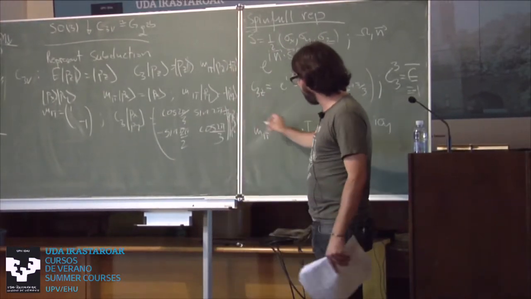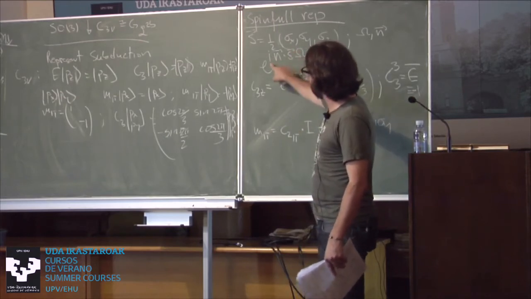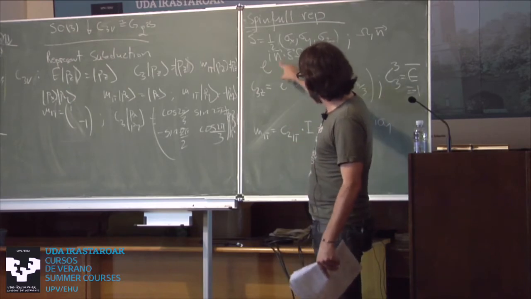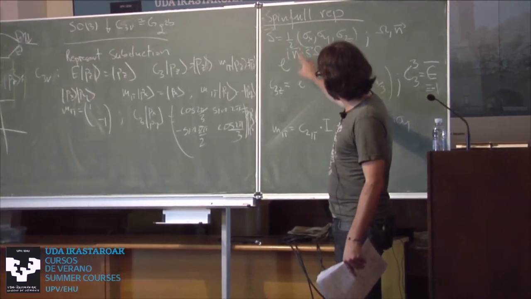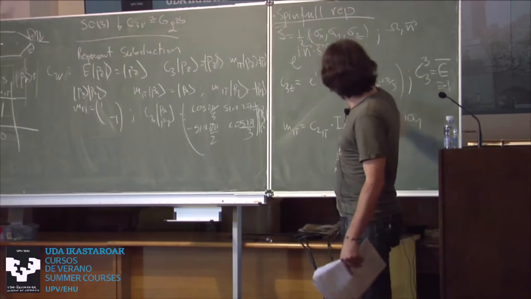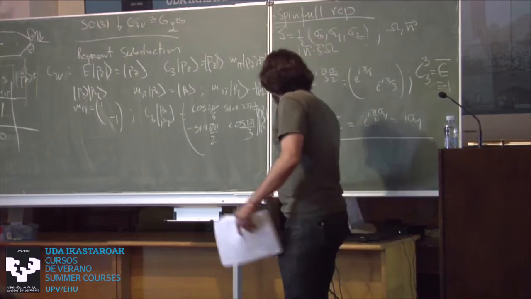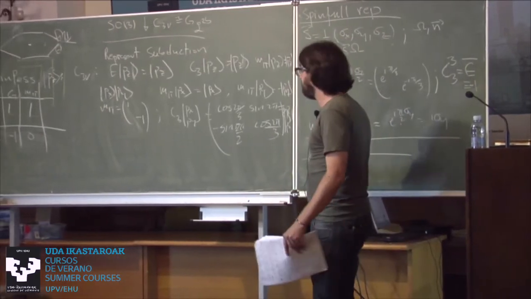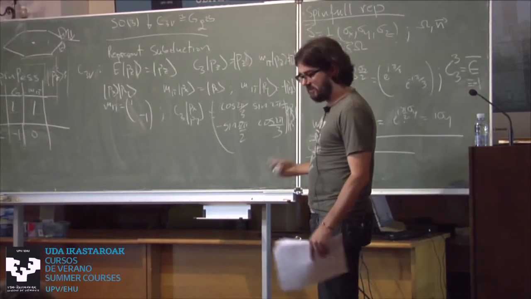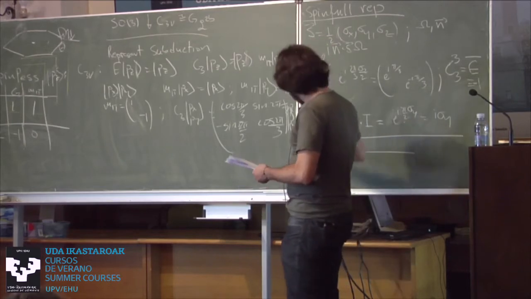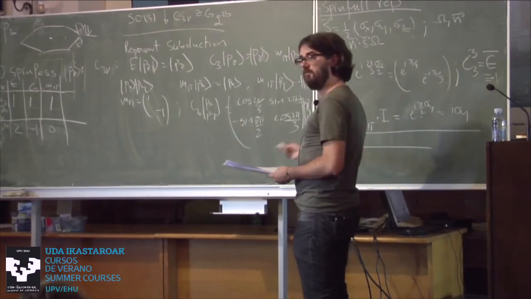Inversion flips all the 3D coordinates, and then I express this as a matrix in the same form from the SU2 symmetry group. C2 is e to the i n. This axis is y, so it's n times s. n is just ny times sy, rotation by pi. So I get pi, but I get a half from here, and that's the matrix. Okay, so this is the pz orbital representation of the C3v double group. Double group means it's spinful. So we call this representation row 6, just for jargon.